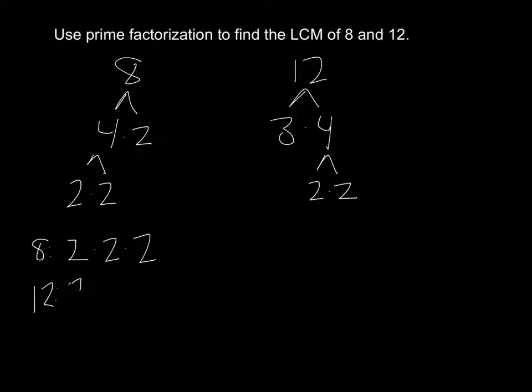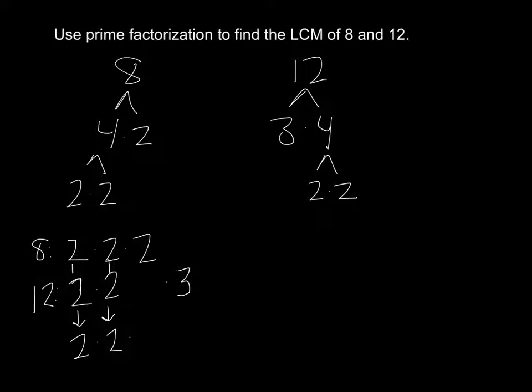times 2 times 2. So I'm going to write my 2's first, because these 2 line up, and these 2 line up. There's not another 2, so I'm going to leave a space there, and then I'm going to multiply by 3 over here. So to find my least common multiple, I need to multiply 2 by